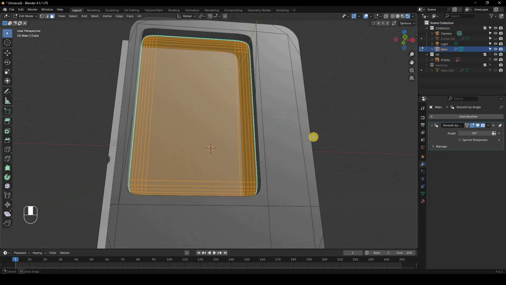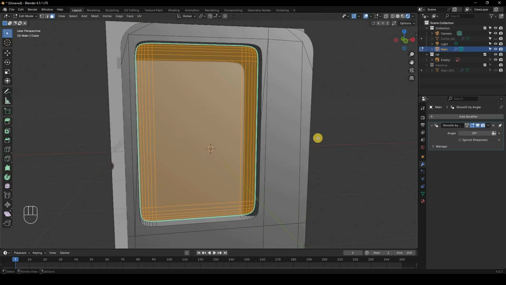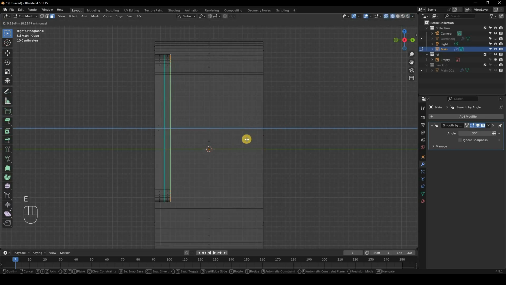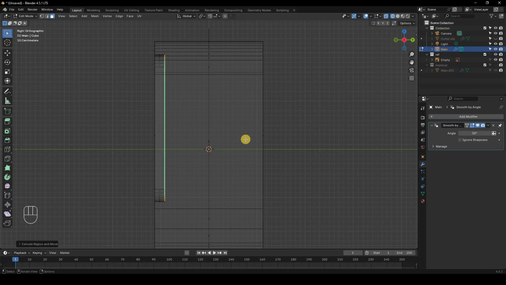So now that everything I want is selected, I'll just go 3 into side view, Z and wireframe to see, and then I'm going to click on E. Okay, and I'm just going to right click, and now it's deselected. So now I'll click on S to scale it. As you can see, it's actually scaling. I'll scale it about over here, as you can see now here, and then I'm going to click on E